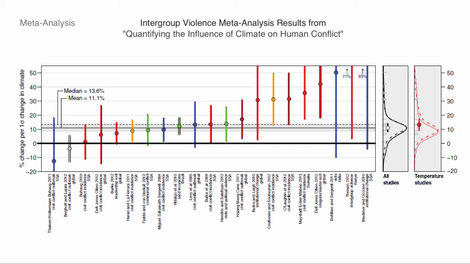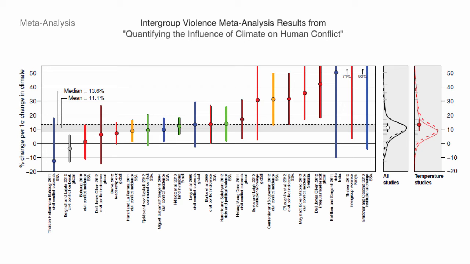And the whiskers here are the 95% confidence intervals. So some of these estimates are really precise. This Hidalgo et al. study on land invasions in Brazil has tons of local data and lots of variability in weather and really precise estimates. Some of these are really imprecise. Like the one all the way here on the left is a conflict study, with confidence intervals of 40% or something like that. So there's a lot of variability there.